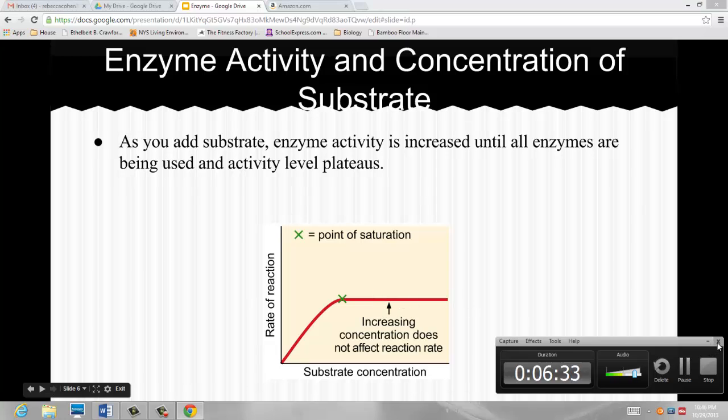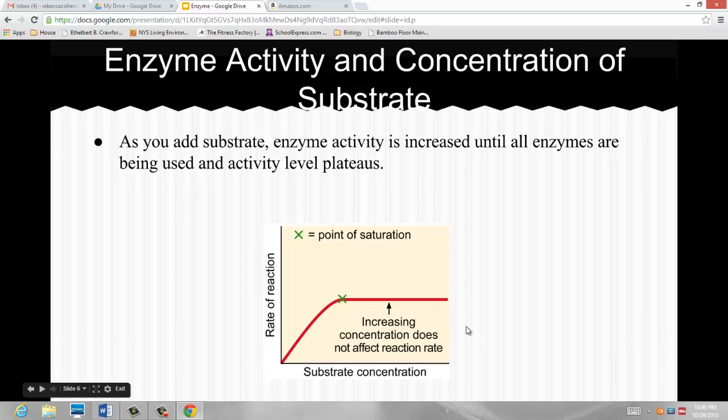So we just went over, and we also looked at how different things such as substrate concentration, pH, and temperature affect